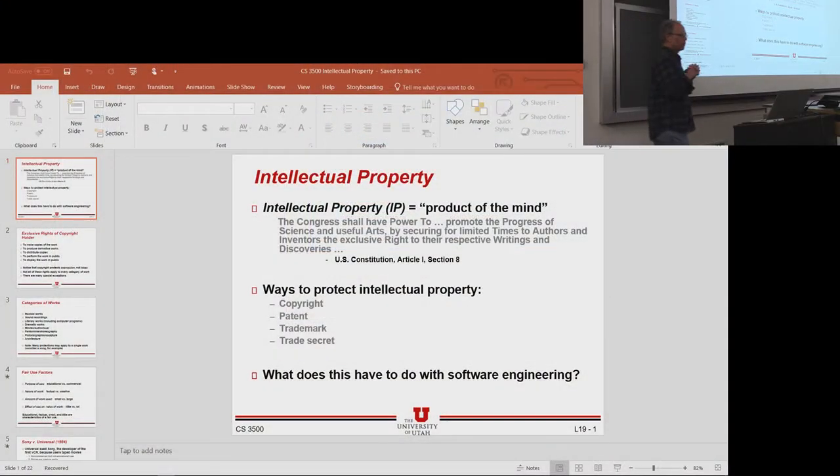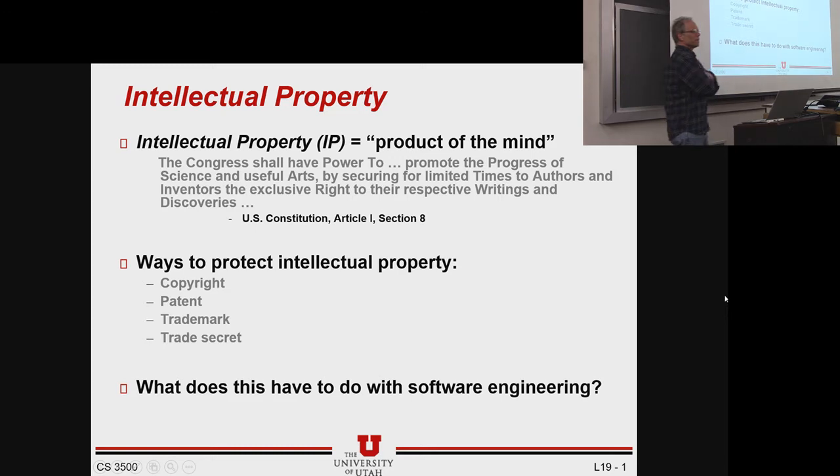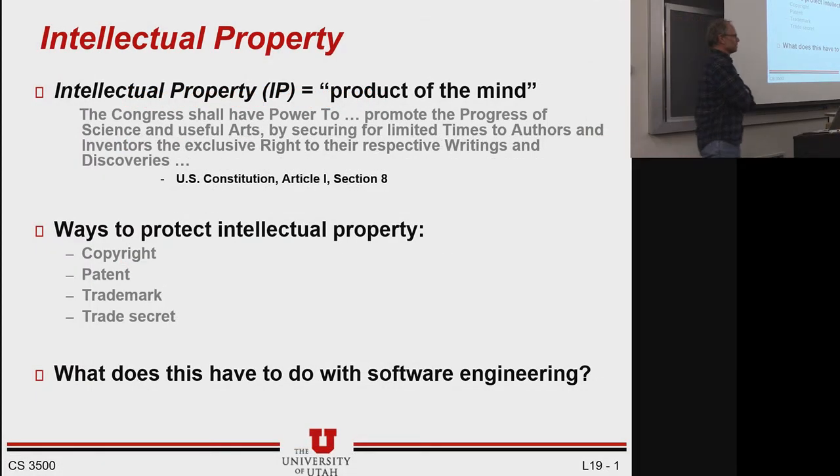We're going to talk about intellectual property. So, when you read about politics, you'll find any issue that comes up. If Congress does something about it, there'll be someone saying that Congress is overreaching, they're doing things that the Constitution doesn't allow. Or if they don't do something, there'll be people that complain likewise. But intellectual property, and with that I mean things like copyrights and patents, trademarks and trade secrets, but primarily copyrights and patents, are mentioned right in the Constitution.